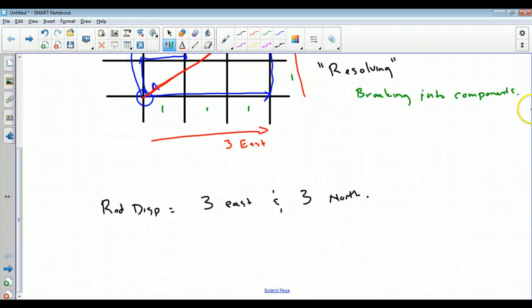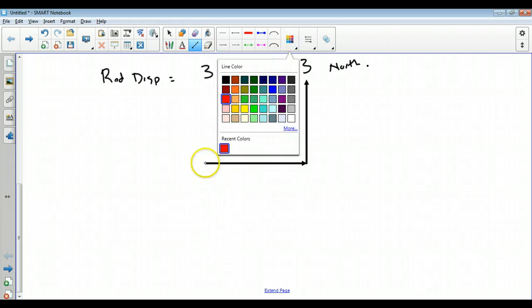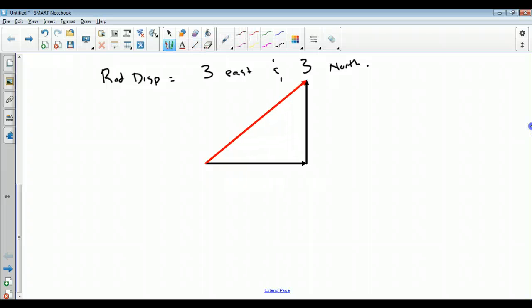Now, that means that we're forming a triangle here, where our bottom component has a length of 3, and our side component has a length of 3, and we are connecting those with our red displacement vector. This is where the trig that you worked with yesterday came in, because if this side is 3 and this side is 3, we can figure out what this side is. Because east and north are perpendicular to each other, we form a right triangle, and we can say that this third side length, which we will call r,